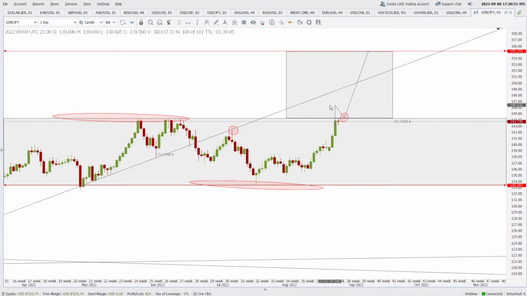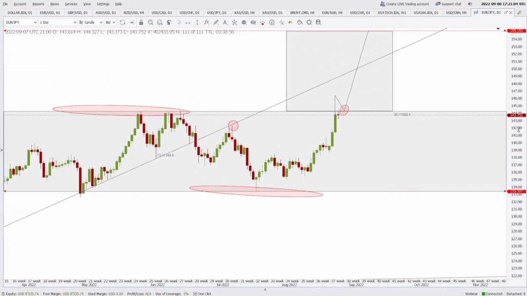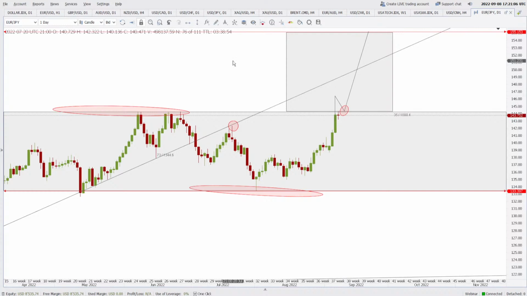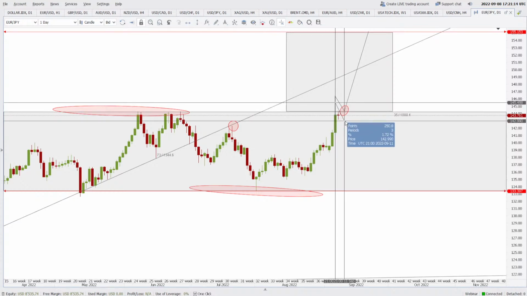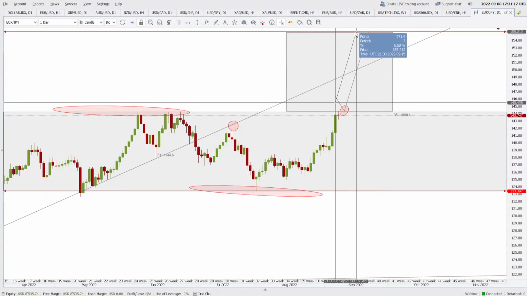And when it breaks out, you will not buy it. You will wait for the next opportunity at the test of the support. Why? Because it gives you a very good risk to reward ratio. I'll explain, because you are new here. If you buy at the breakout, like 145.45, you will have a stop loss below this one, 250 points, and a target of almost 1000. You will have a 1:4 risk to reward ratio.